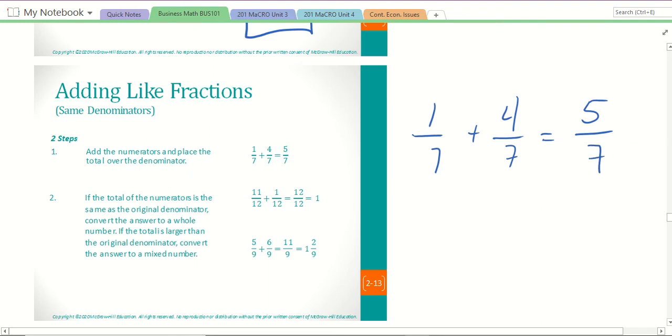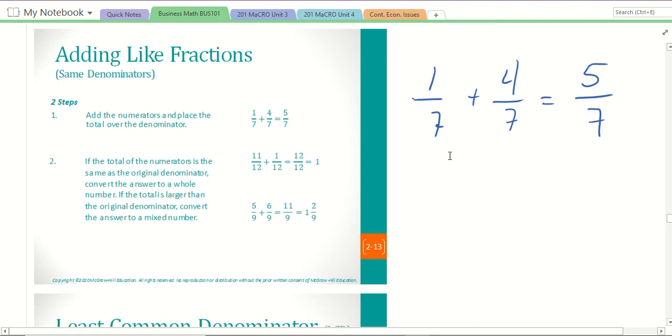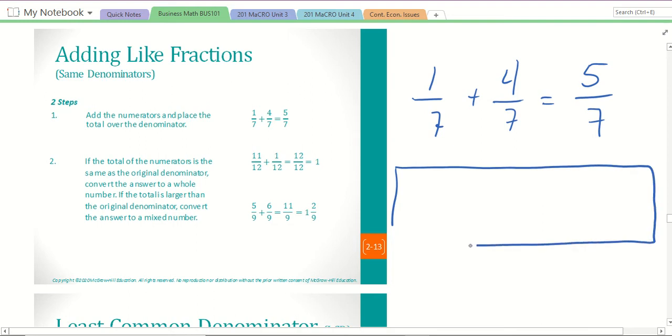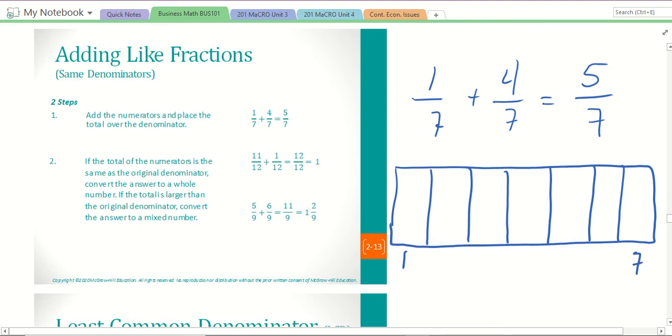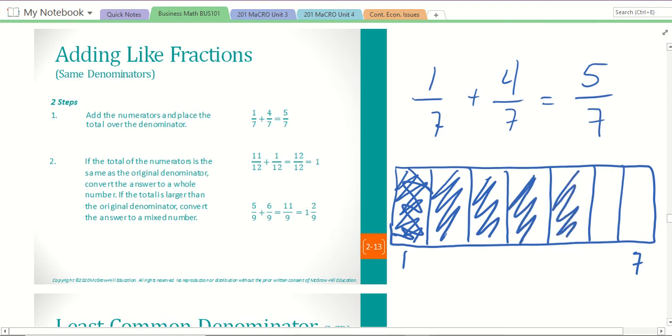right? And I always tell students, if you have trouble, some people just have trouble understanding what a fraction is. It's a piece of a whole. So if we have a candy bar and we're breaking it up into 2, 3, 4, 5, 6, and 7, we have 7 pieces. This is the number 1 and this is number 7. Why does this stay the same? If I already have 1/7 and I add 4 more pieces, I now have 5/7 of a candy bar,